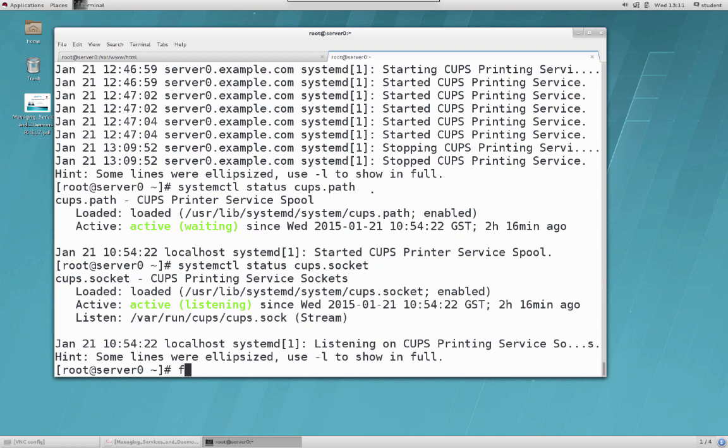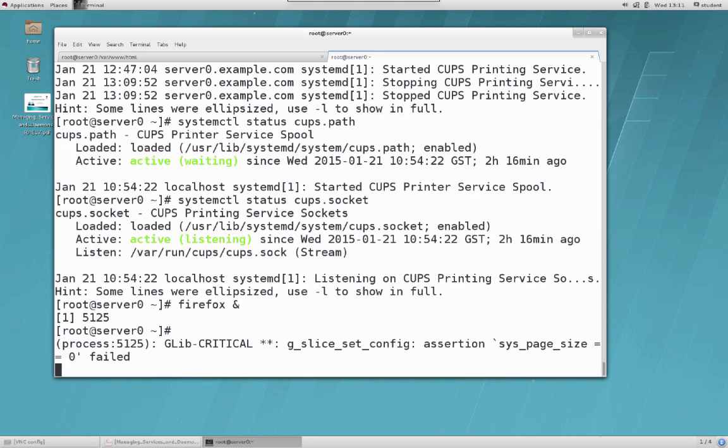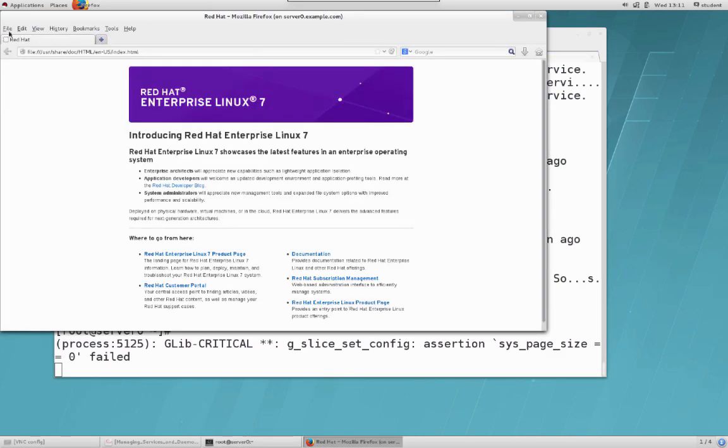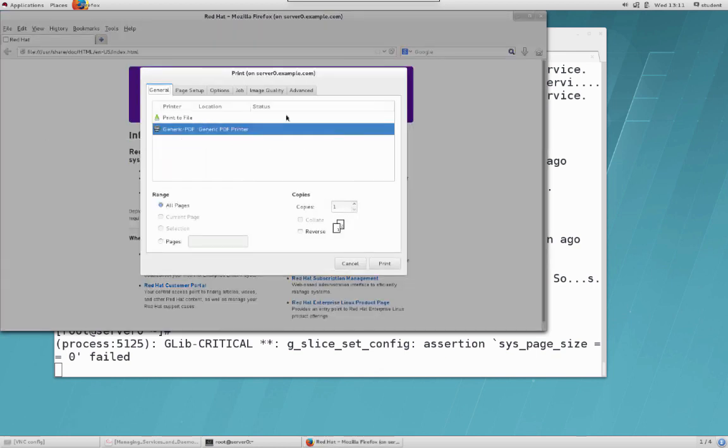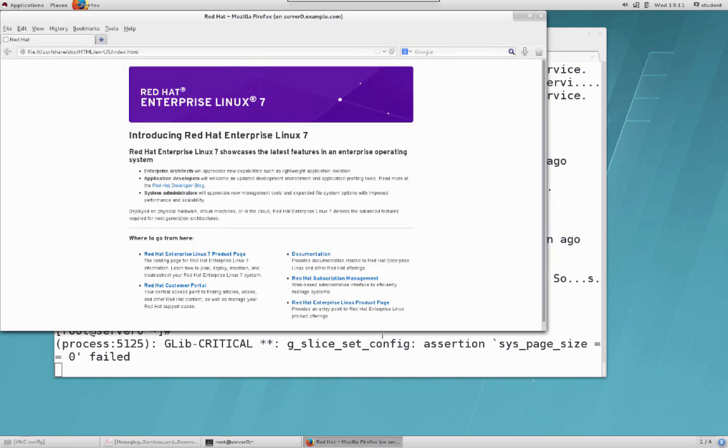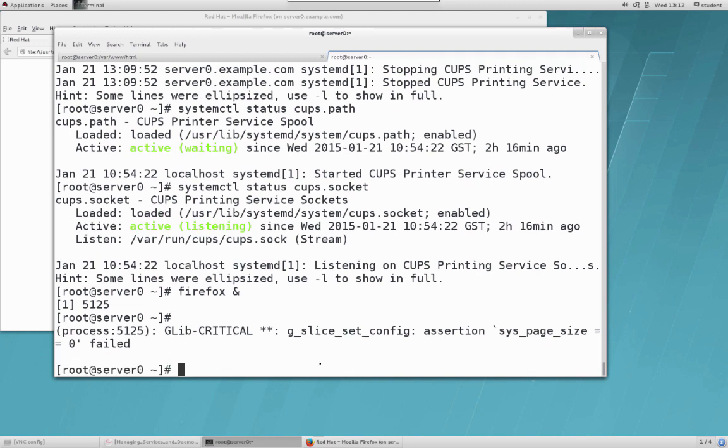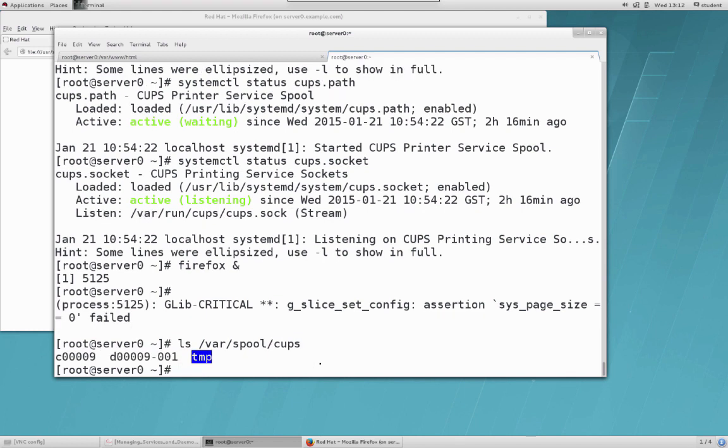So here I'm just gonna use Firefox. Okay, I'm gonna run it in the background. I'm just going to go ahead and print a document now. I'm going to print it to a PDF printer. All right. And I will check also